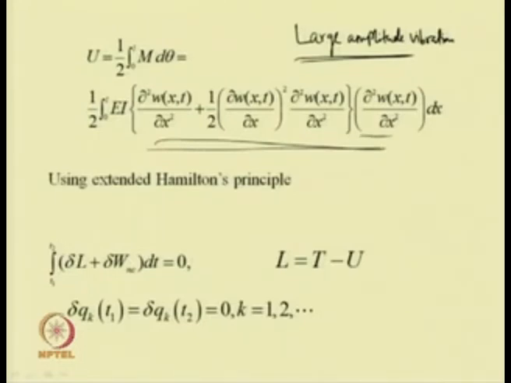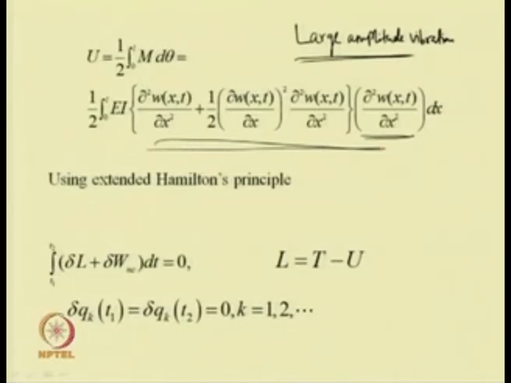And d theta can be written in the same way as before, equal to del square w by del x square. So, in this case one can have U equal to half E I del square w by del x square whole square, or one can take del square w by del x square common. Then it becomes 1 plus half del w by del x whole square into del square w by del x square. So, one additional term one can get in this case, that is half del w by del x whole square. This term will lead to the nonlinear terms if one derives the equation of motion.